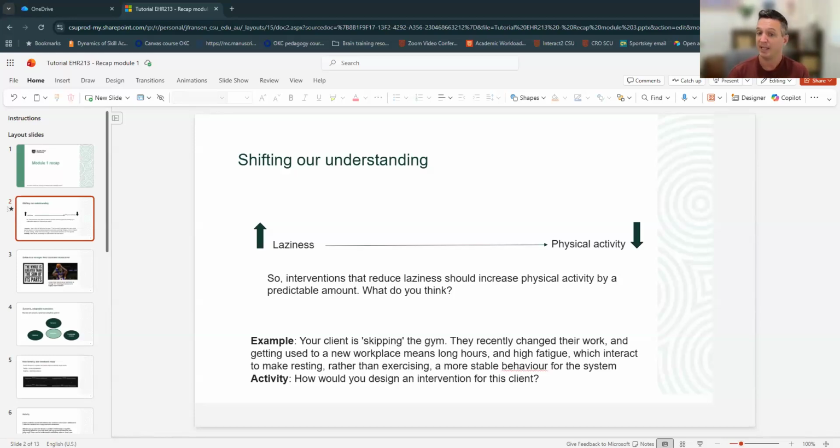Morgan says, getting them to park further away and walk to work, increasing their step count. And this is really good. This is what's called encouraging incidental physical activity. You're not necessarily designing an intervention because when you do that with someone who's really busy, what they do is they go, but then I have to put on my clothes, drive to the gym, spend at least an hour there, and that's going to mess up how my boss thinks of me.